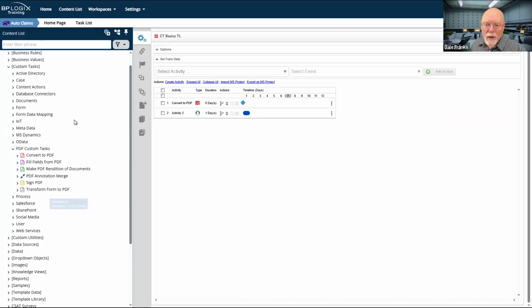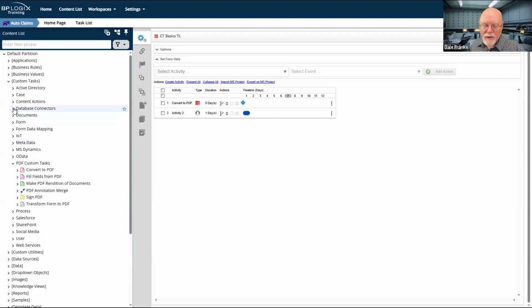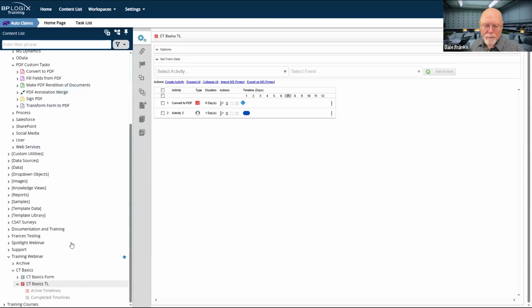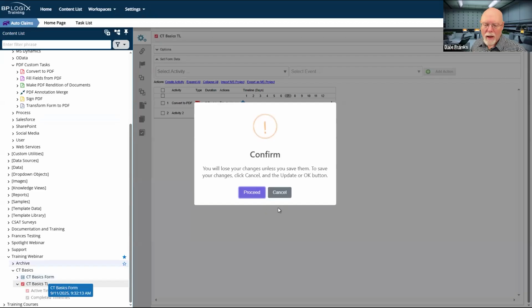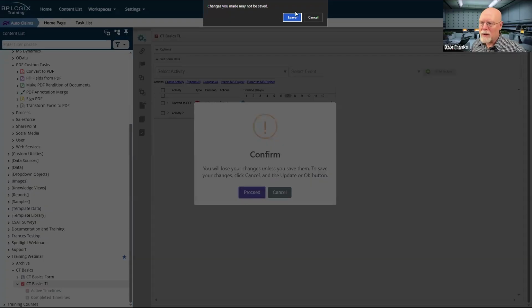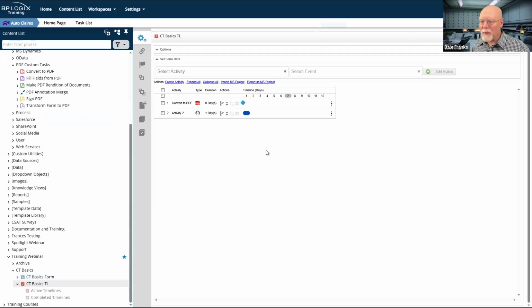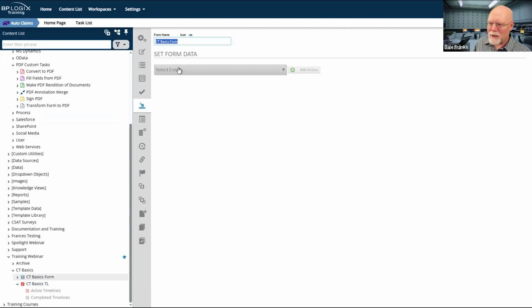The next most important common custom task is the set focus custom task. So let's go back to my form here, and we'll just leave all of that stuff because the configuration doesn't really matter much. And let's go to my form.